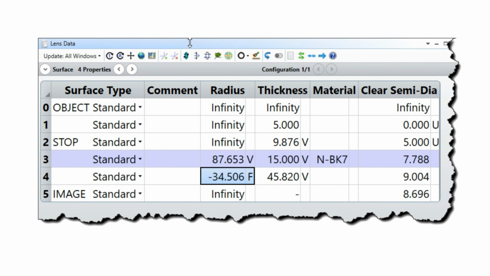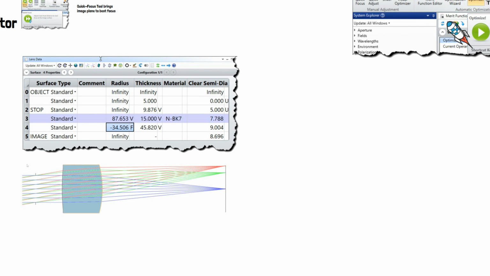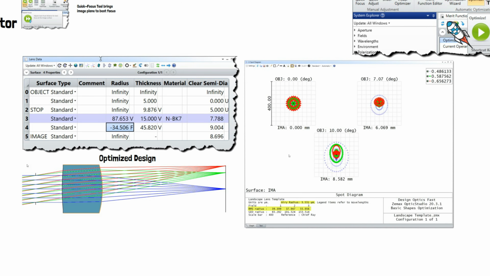The lens produced was far from diffraction limited, but could be easily scaled to scope out the regions over which it was capable of diffraction limited performance.